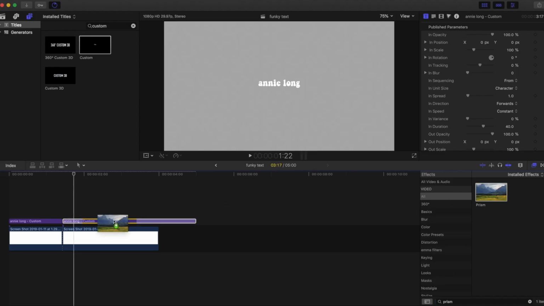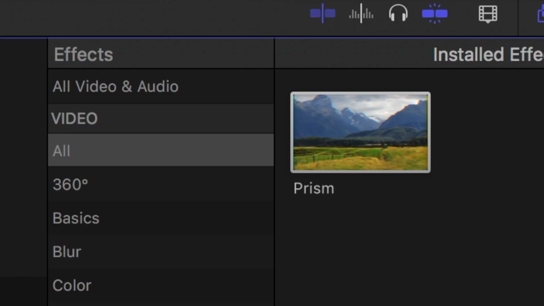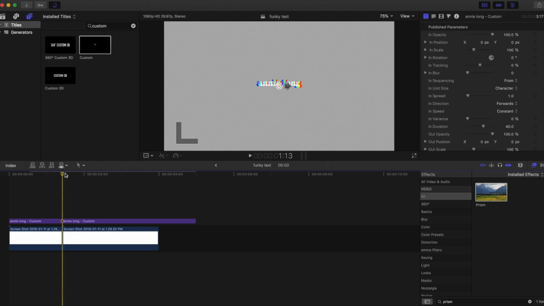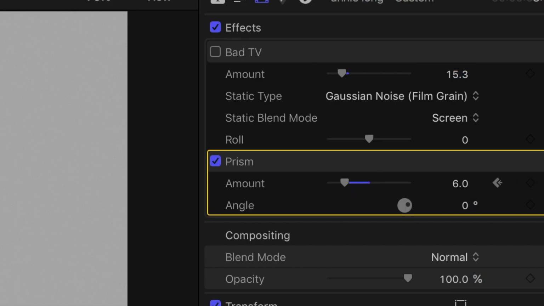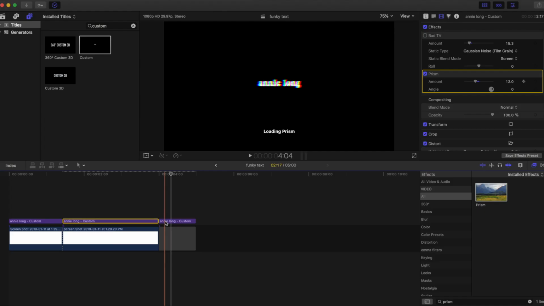So the next thing that I like to use in my text is the prism effect. I think that this is honestly cuter than bad TV. It's this nice rainbow design. As you guys can see, I actually played with the keyframes and adjusted the amount. When I show you guys my example, you'll be able to see how the amount of this effect increased and